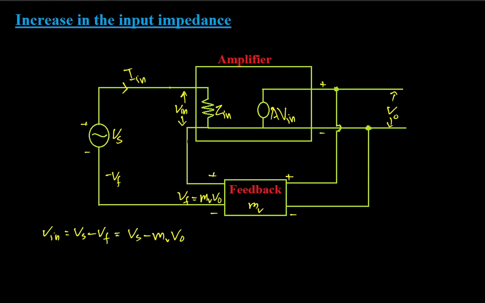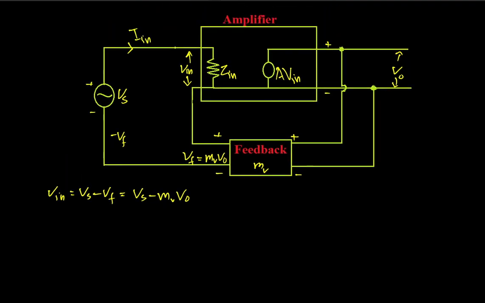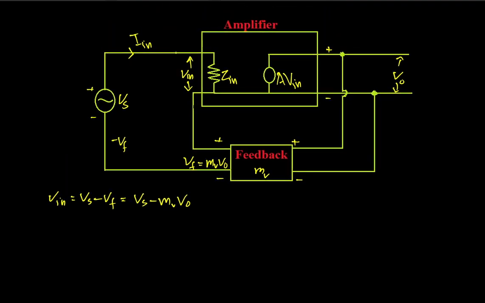So we can write it as Vin divided by Iin is equal to Zin. So this can again be written as Iin into Zin is equal to